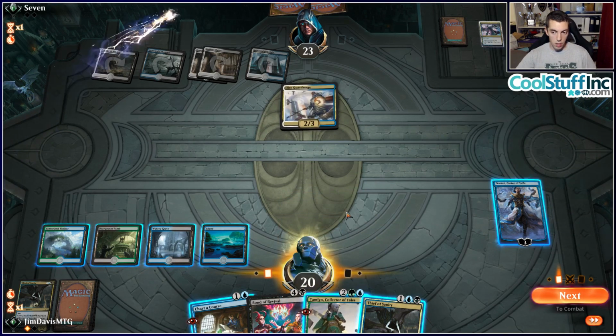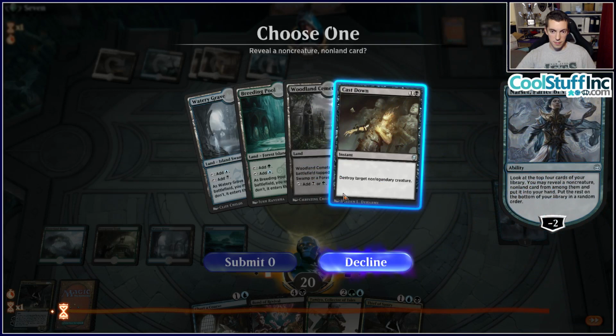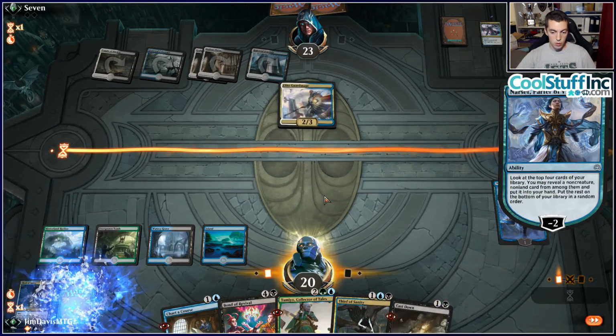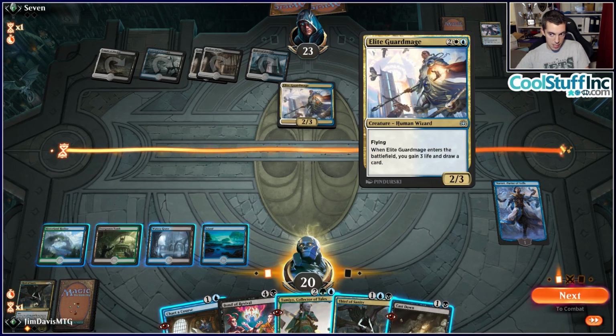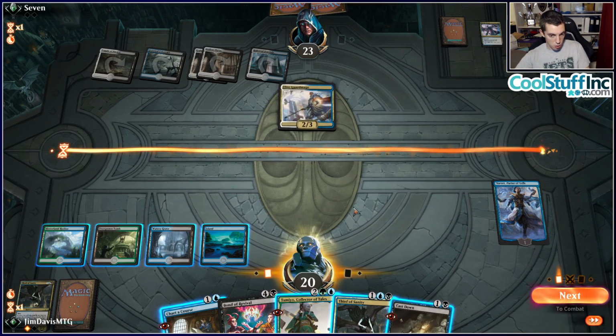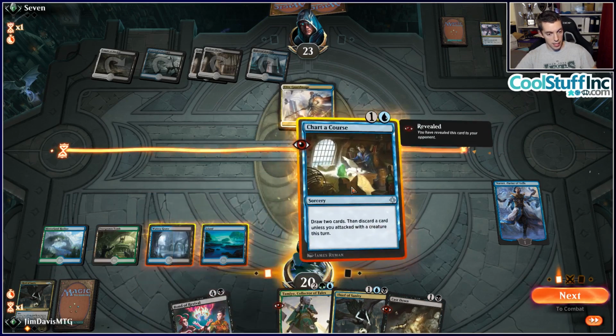Getting Tamiyo online is also pretty great. I think we're gonna hit it. Meditate. Oh, cast down. That's fortunate. Okay. Now we're gonna cast down this to protect our Narset. Do we cast Chart a Course? I think we do. I think I'm a little uninterested in Thief of Sanity, and I am interested in making a land drop. So